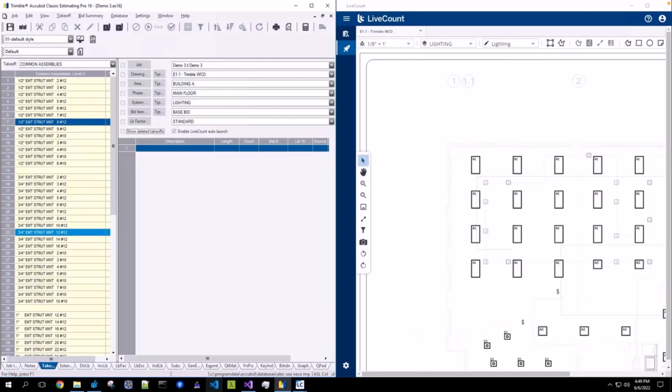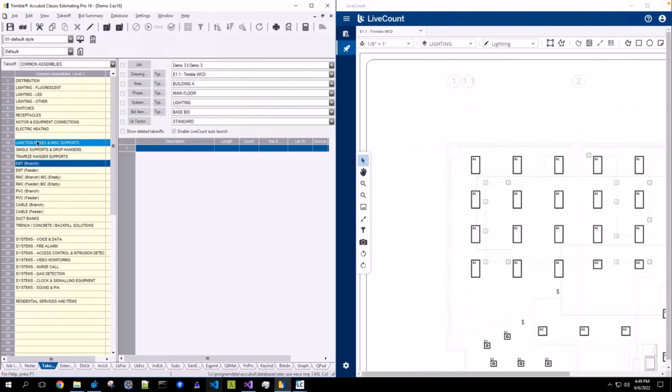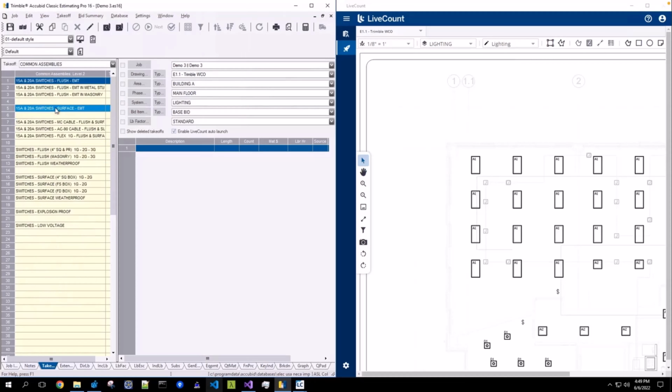This video will demonstrate how to draw linked annotations in LiveCount from Accubid Classic. To begin, first select the annotation type in which you want to draw. In this example, I will be drawing a counted